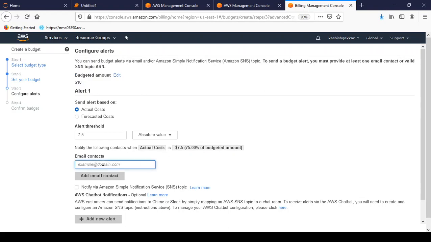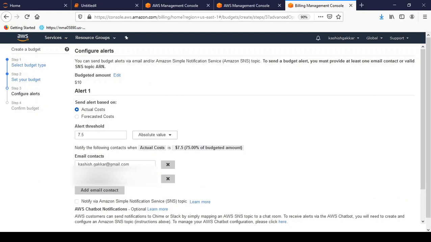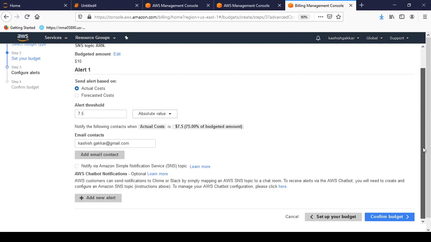Then you can put down your email ID at which you want to receive the email notification or the alert. Suppose I want to do it like kashish.gakkar@gmail.com, and after that you add the email contact, and one is fine. You can add multiple emails as well, and that is fine.